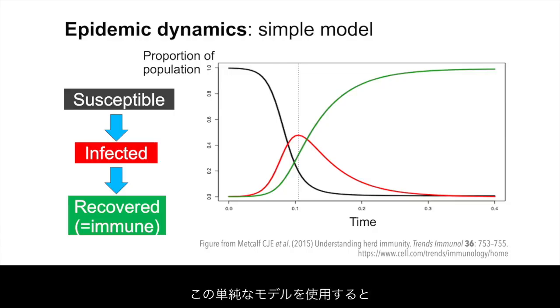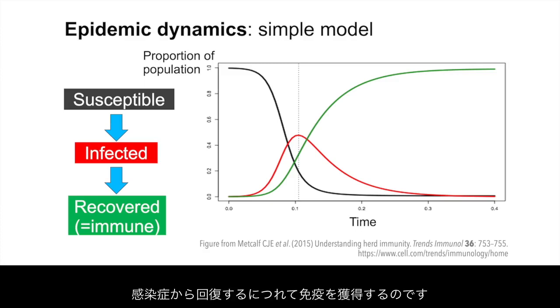We can use this simple model to explain the dynamics of cases through time, as shown in this graph. We start off with one infected person, indicated here in red on the left side of the graph, and everyone else in the population is susceptible, shown in black. The infected person gives the disease to several other people, and they in turn pass it on, which causes a rapid increase in the number of cases. This quickly depletes the susceptible population, and as people recover, they become immune, shown in green.